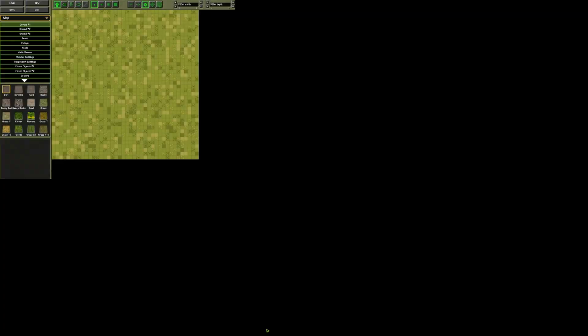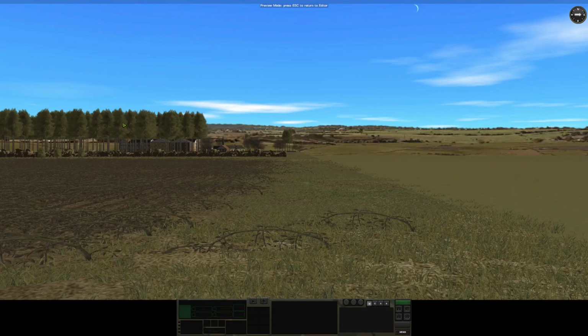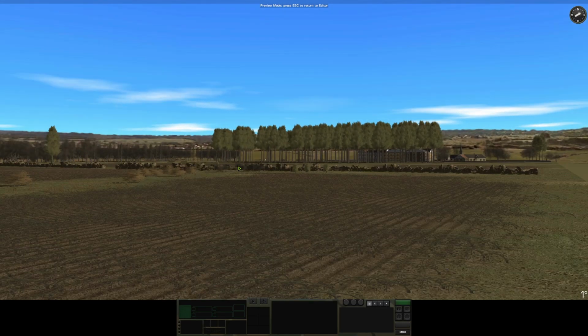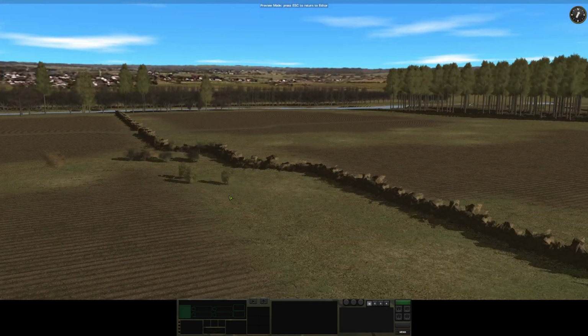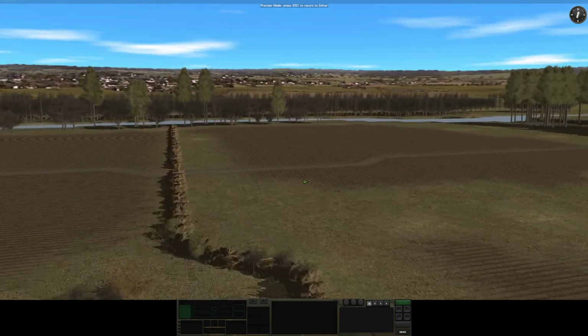Okay, and we are done. Let's take a look. Yeah, looks like everything is as it should be, but we'll take a closer look. Again, I didn't set it to summer, so it's still, oh, it's March, so it's technically still just winter. But yeah, here is our hedge row separating the fields,